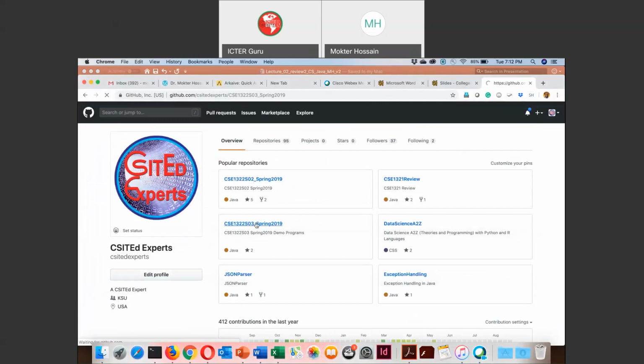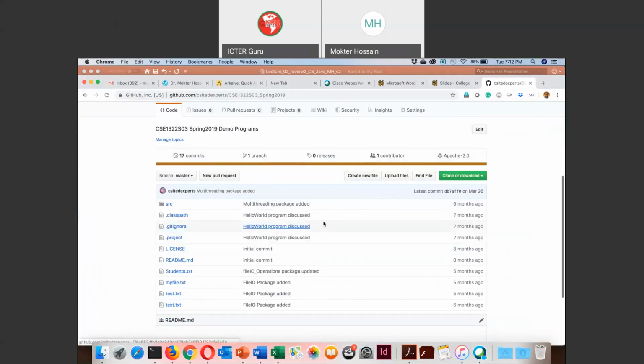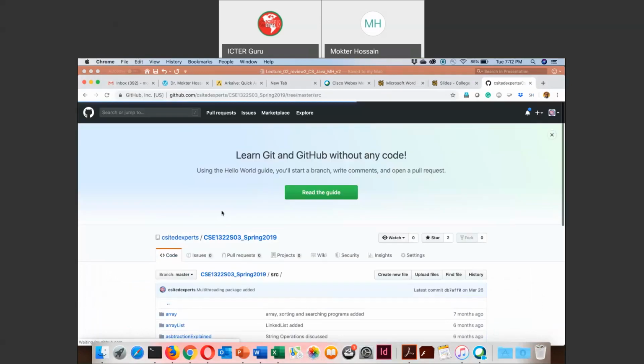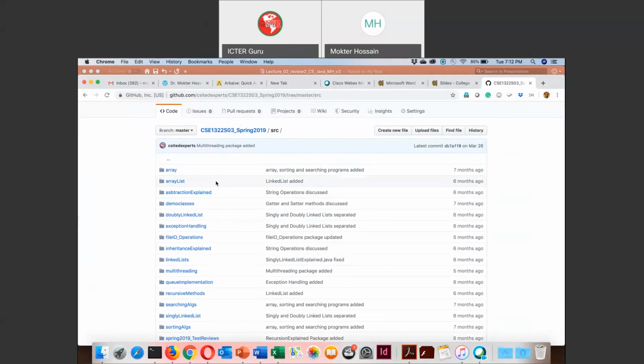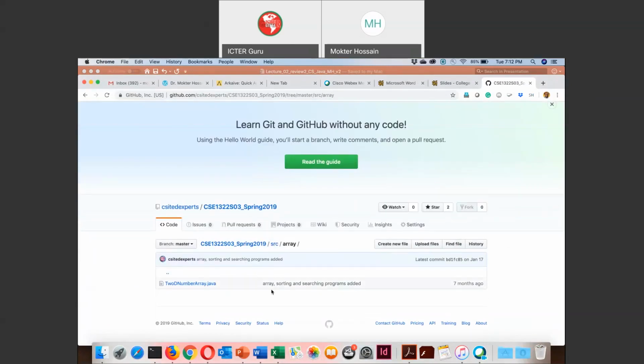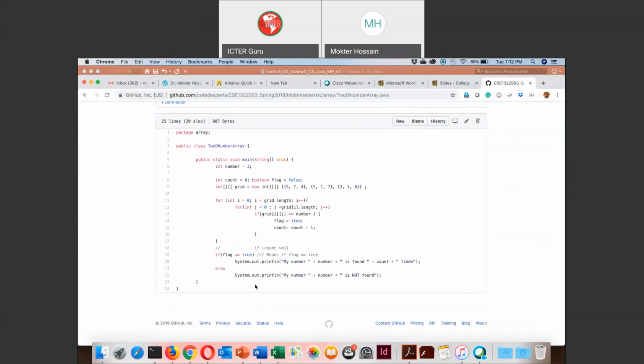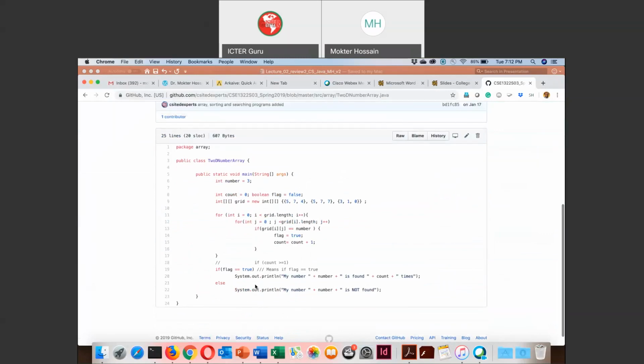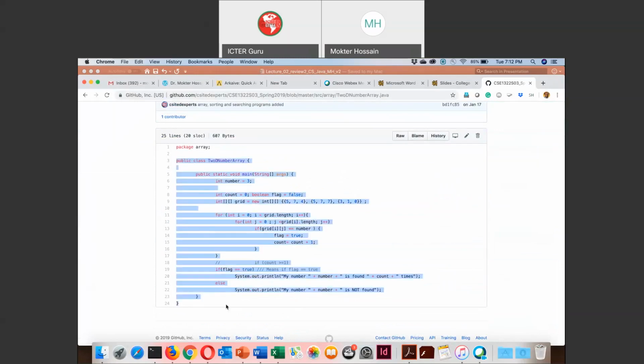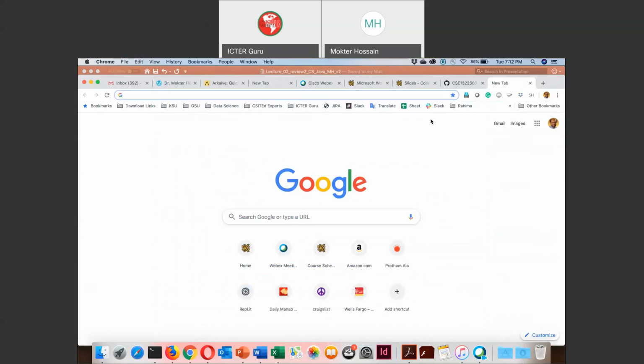So you will see that there is a program. You click on SRC, and there is a program called array. It is a two-dimensional array that we discuss in this program. Okay, so for now, let me quickly copy this program and open it in